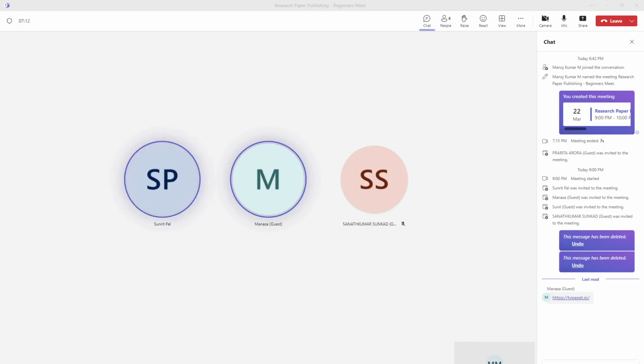The next step is to find the correct journal. There are many journals available. Once we prepare our abstract, there is this journal finder where we can match our abstract, and it will give the recommended journals for us.